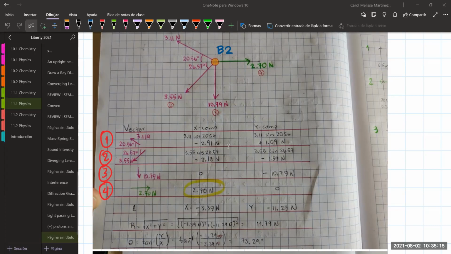Therefore, in x it's going to have the value, but in y it's going to be 0 because it's just moving horizontally. Once you have all your answers, you can get your result in your calculator by doing the vertical addition of each column. In the end, you can get that x is negative 3.39 Newton and y